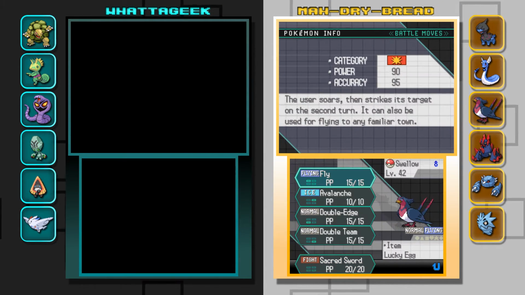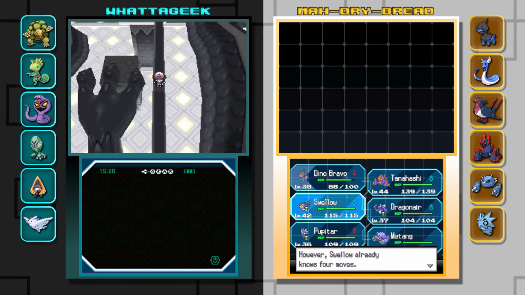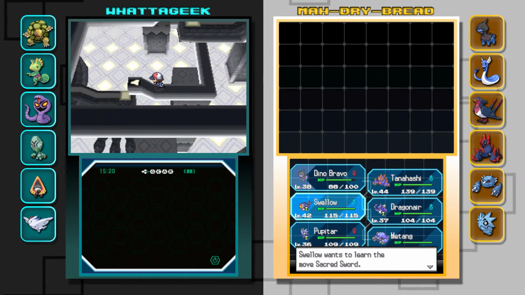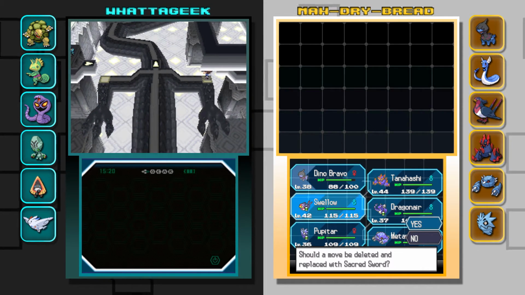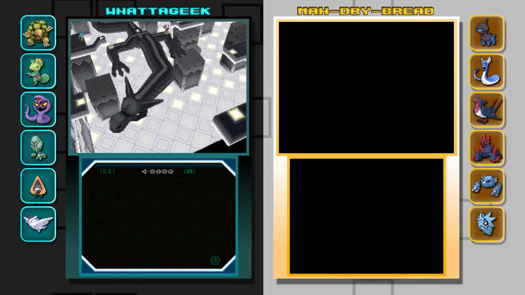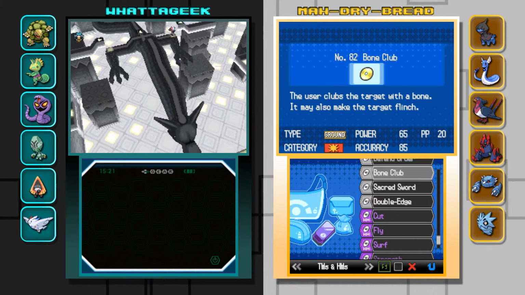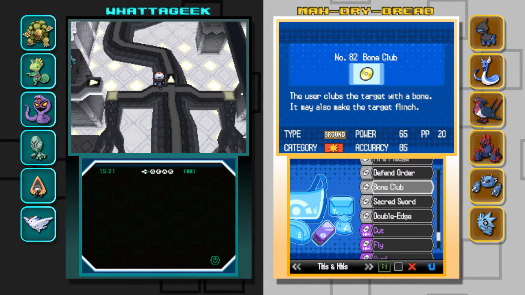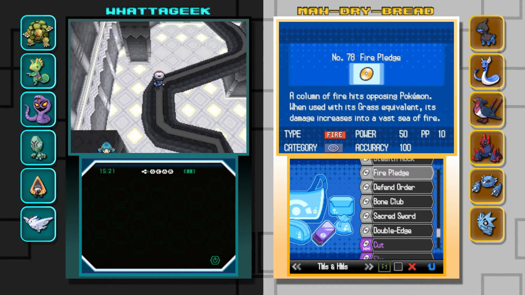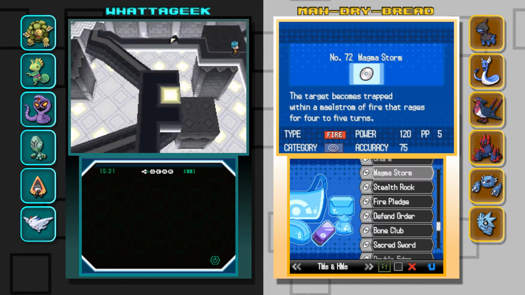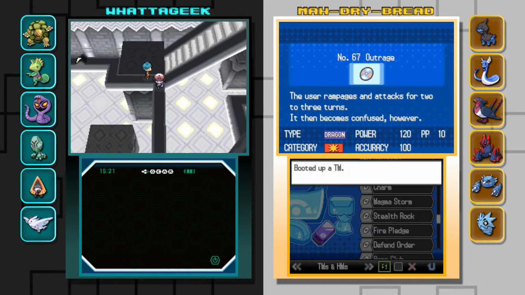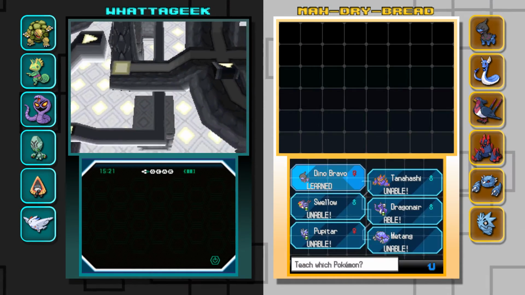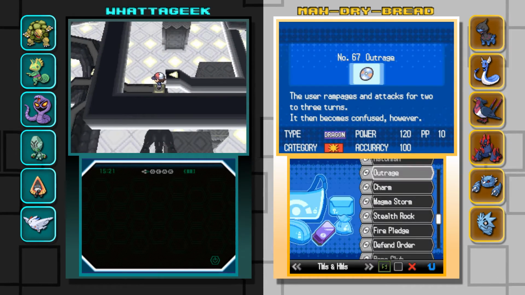Oh, I don't think I want to replace any of that. No. Tanahashi still has False Swipe, and you have not made use of it. That is true, but he can't learn it. There should be some other moves that you can teach it. Probably. I like Bone Club, but it's not amazing. And you already have Earthquake on Tanahashi, too, so you already have ground types covered if you just... Or a ground type move to cover any sort of weaknesses there.